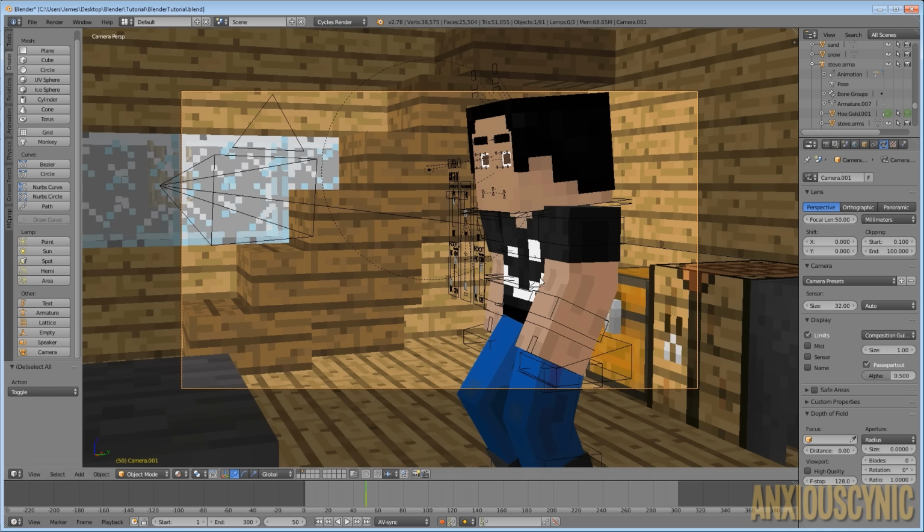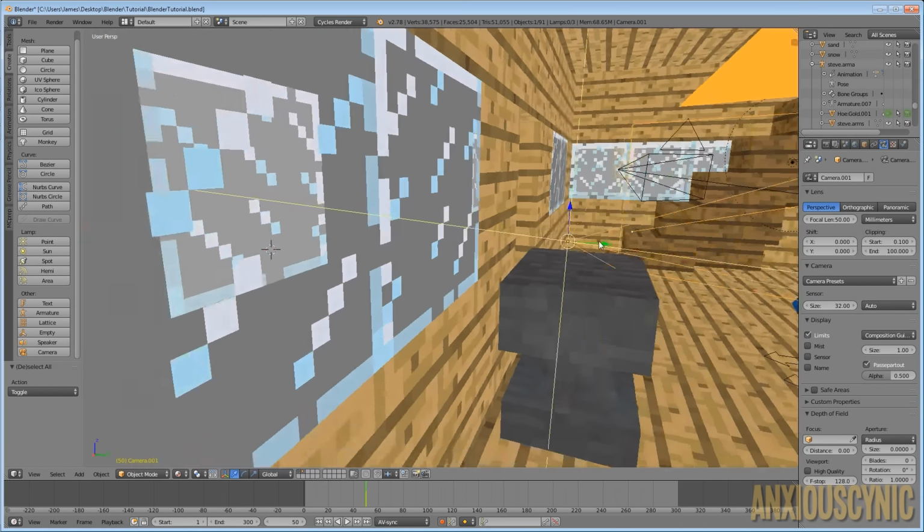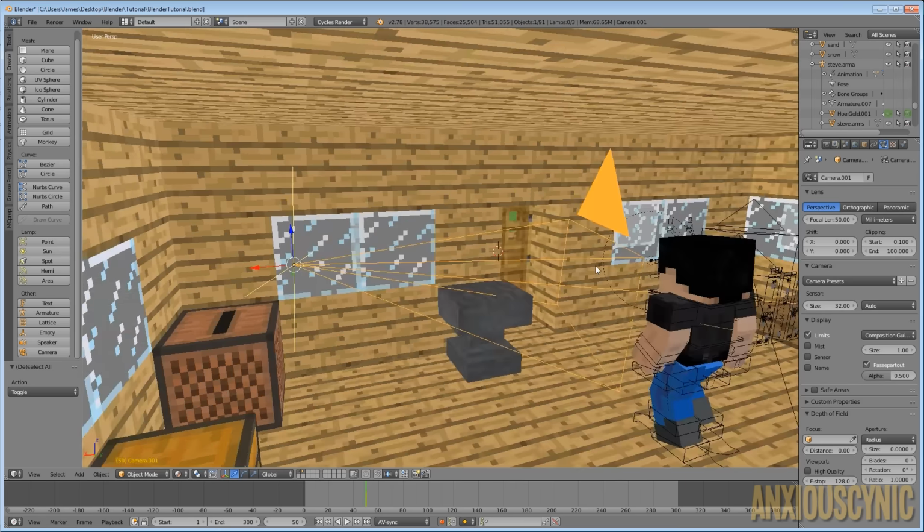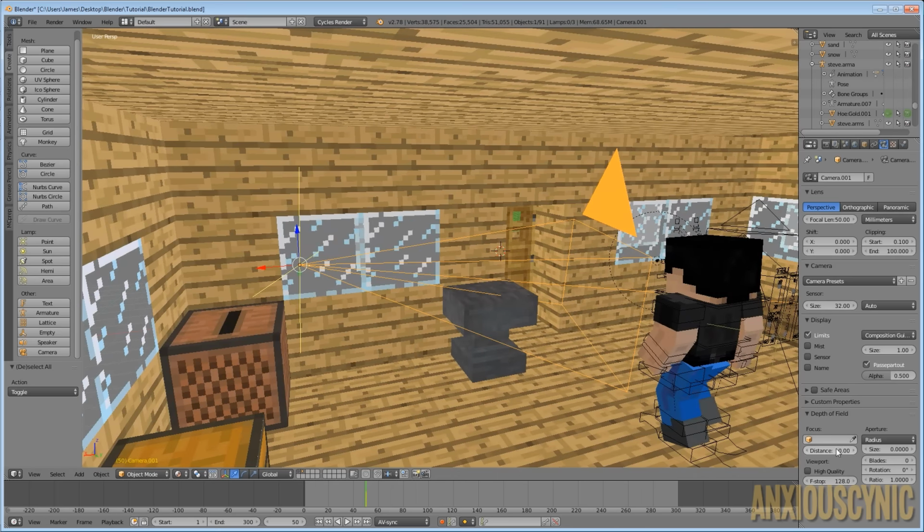We're going to turn on limits so we can see what the camera is trying to do here. And you'll see that our focal point there is way over here at the base of the camera. So we want to bring that out, and we're just going to eyeball it there. And let's have the f-stop, we're going to change that back to f-stop, and let's have it go to, say, 2 again. We'll just go with that and see how that works for us.